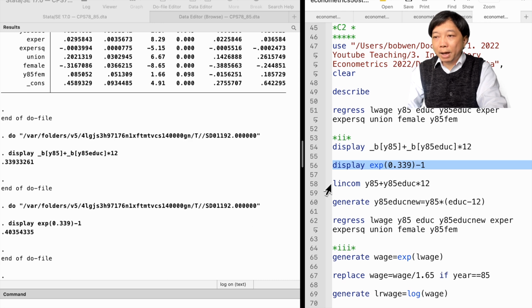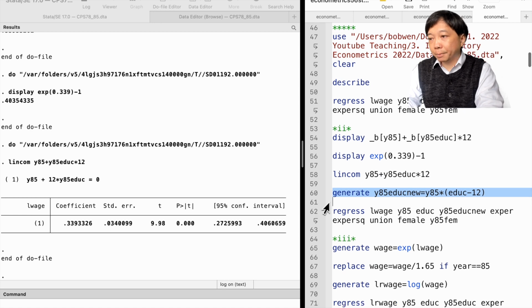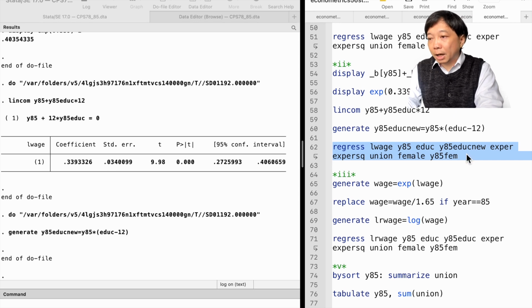There are at least 2 ways to get its confidence interval. One way is to use the lincom command in Stata to compute the estimates, standard error, and confidence intervals for linear combinations of coefficients. We type lincom followed by the linear combination, the partial effect of y85 on wage for 12 years of education men. The second way is to generate a new interaction term, y85 times (education minus 12), and